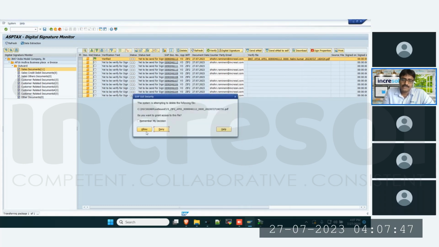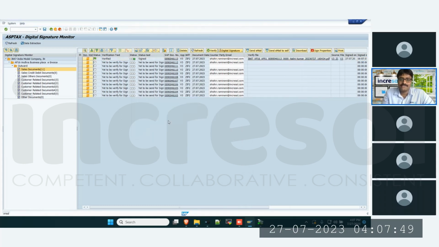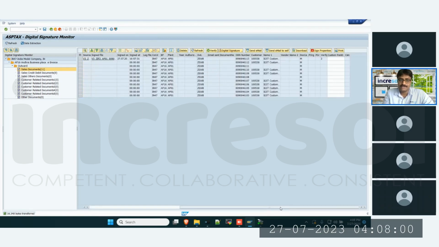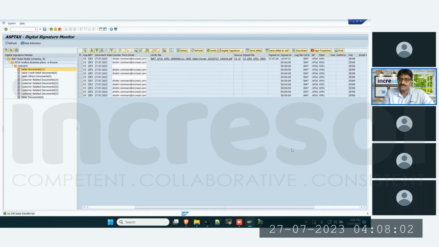So the signing took place and the signed document is coming back to SAP automatically. You can see that the status got changed to signed, and also we can see the signed file from here. I'm scrolling a little bit to my right. Okay, you can see the signed file uploaded, and if I open it,